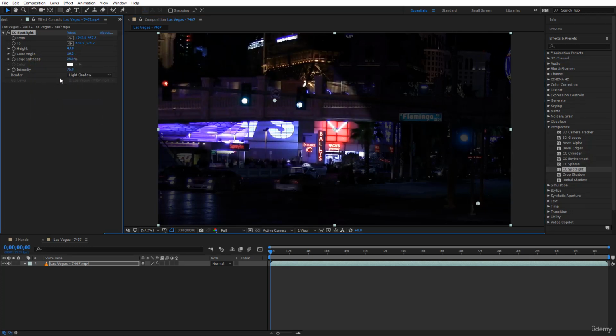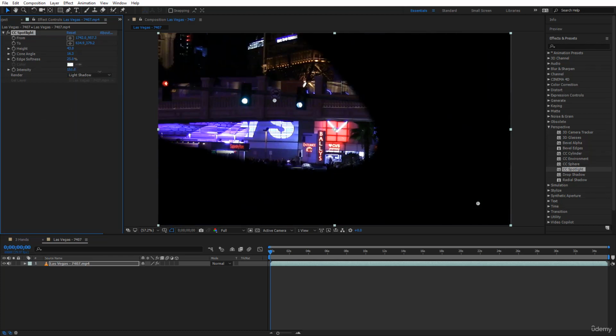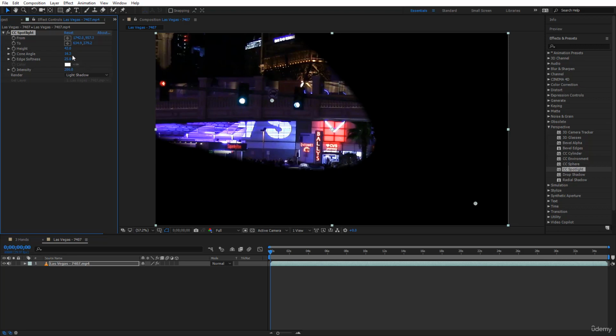Now, there is intensity. Notice exactly what we have here. The intensity is in direct relation with the light shadow. If you turn down light shadow, you have light only, light add, you have gel, and so on. Cool. Let's take the intensity to its maximum and notice what's happening. When the light is intense, it means everything else will become dark except where your light is. So if you take down the height,